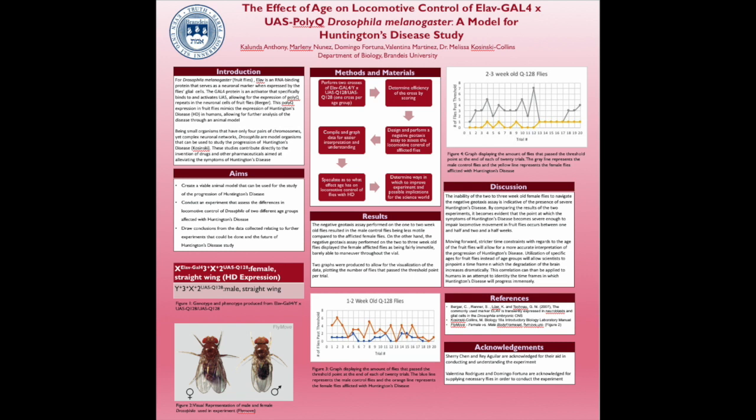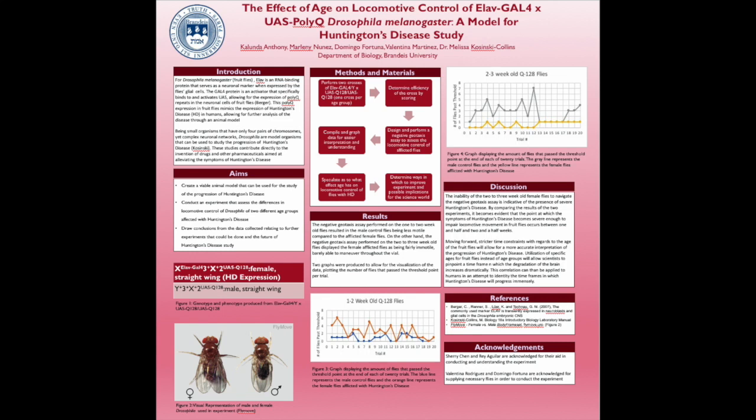Huntington's disease is a neurodegenerative disorder in humans characterized by the number of repetitive CAG repeats one contains in their genome. In the case of the flies, ELAV is an RNA binding protein that serves as a neuronal marker. Gal4 is a protein activator that binds to and activates the UAS promoter sequence, allowing for the expression of polyQ. The presence of ELAV bound to Gal4 ensures that the expression of polyQ occurs only in the neuronal network of